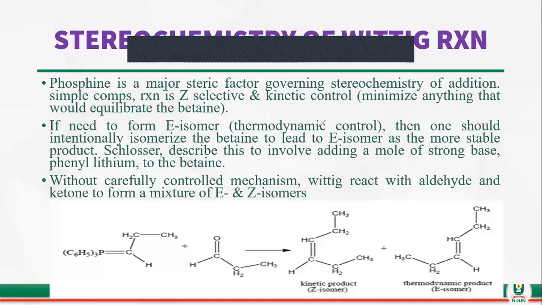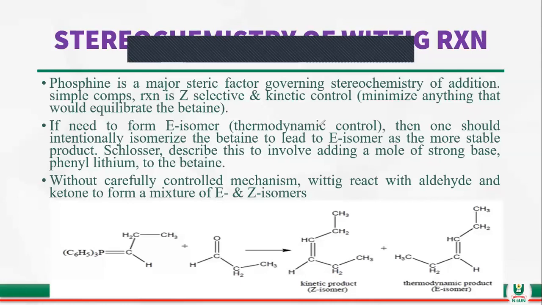Schlosser described this to involve adding a mole of strong base like phenyllithium to the betaine. So if at the stage of the betaine you don't want to form a mixture of E and Z isomers, and you also don't want the Z isomer that is easier to form at a lower temperature because of the kinetics, then you can intentionally form the E isomer by just adding 1 mole of strong base, phenyllithium,